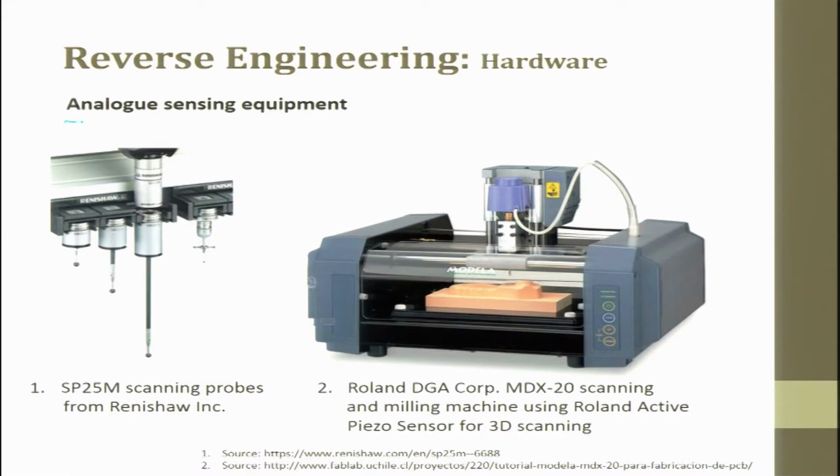So, analogous sensing devices, you can also see these are the probes. The probes, as I told you, can always have a tip which is flat, but when there is a flat tip, you will not have point contact data. In order to have point contact data, we convert it into a ball. So, always you get a point data here.